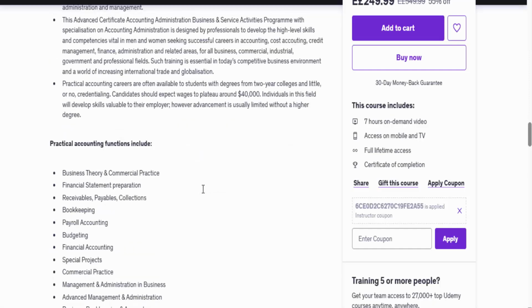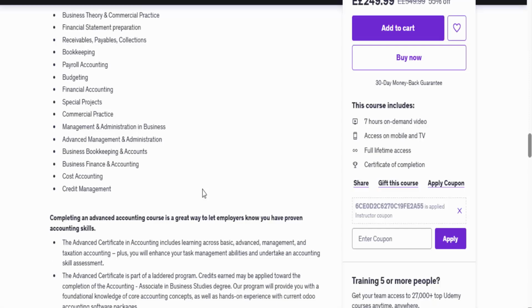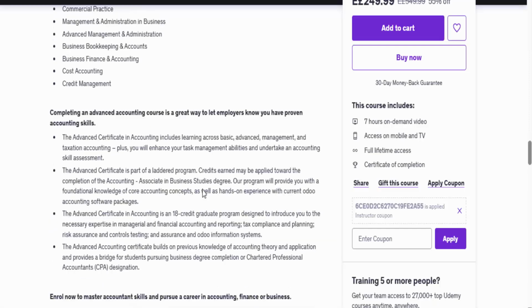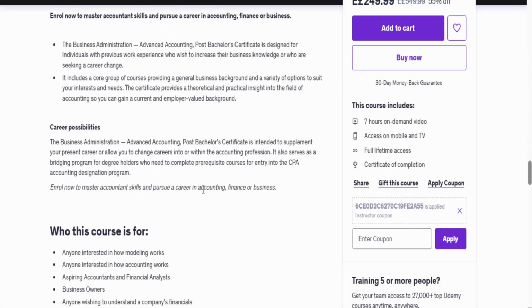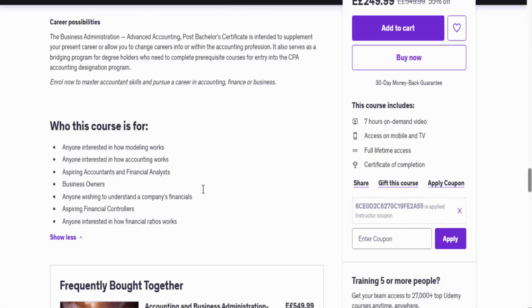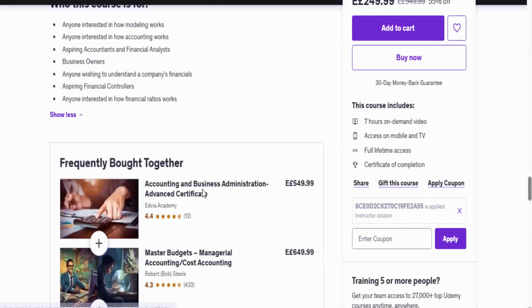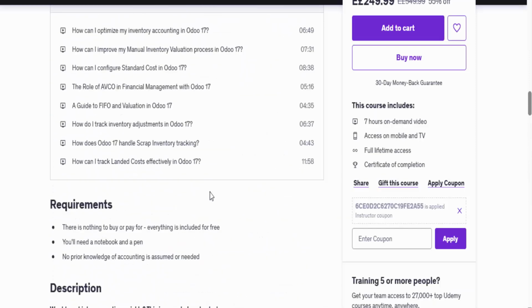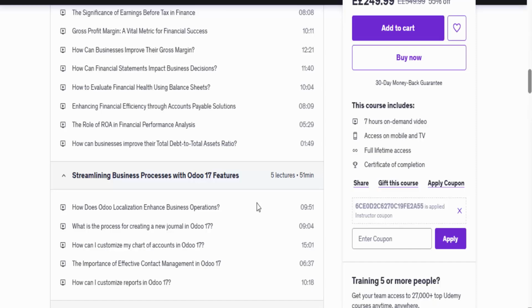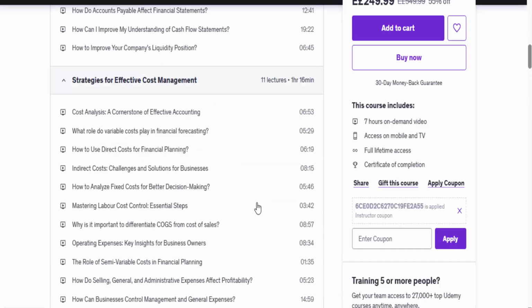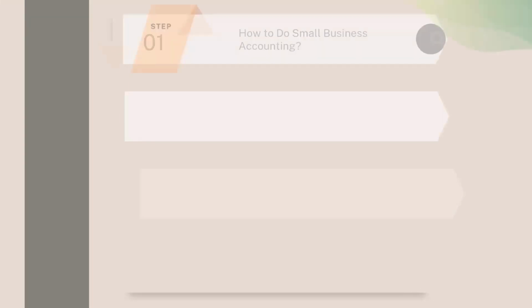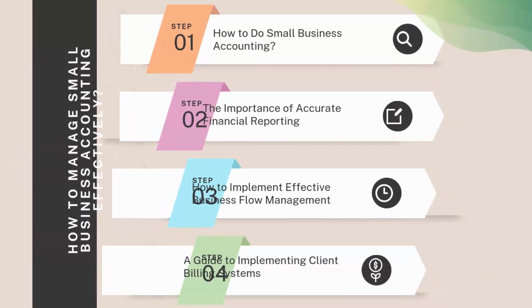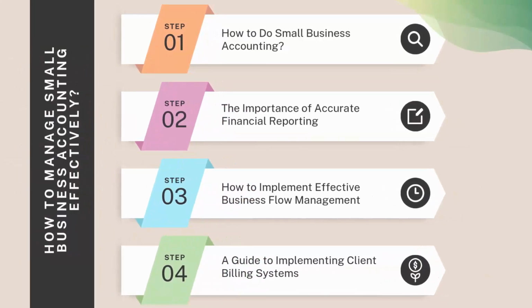Practical accounting careers are often available to students with degrees from two-year colleges and little or no credentialing. Candidates should expect wages to plateau around $40,000. Individuals in this field will develop skills valuable to their employer, however, advancement is usually limited without a higher degree. Practical accounting functions include business theory, commercial practice, financial statement preparation, receivables, payables, collections, bookkeeping, payroll accounting, budgeting, financial accounting, special projects, commercial practice,